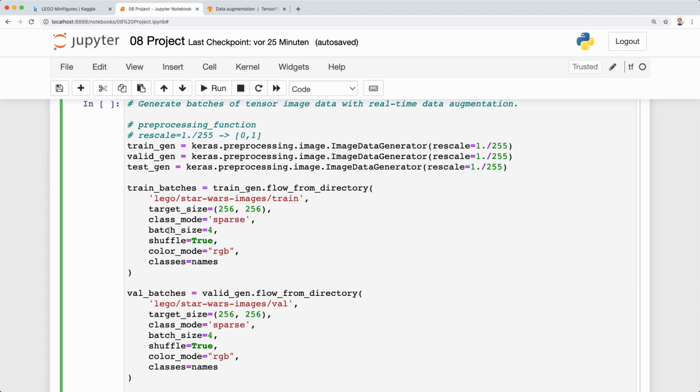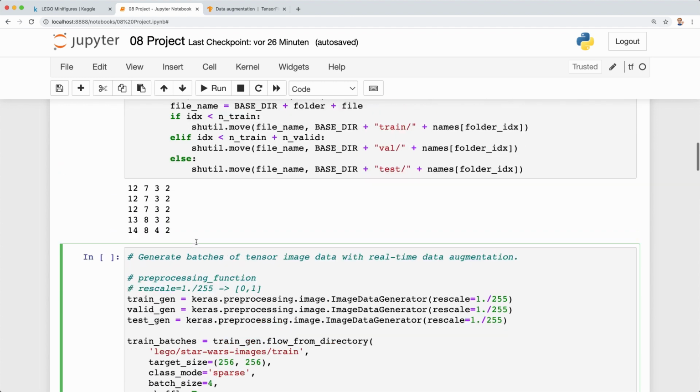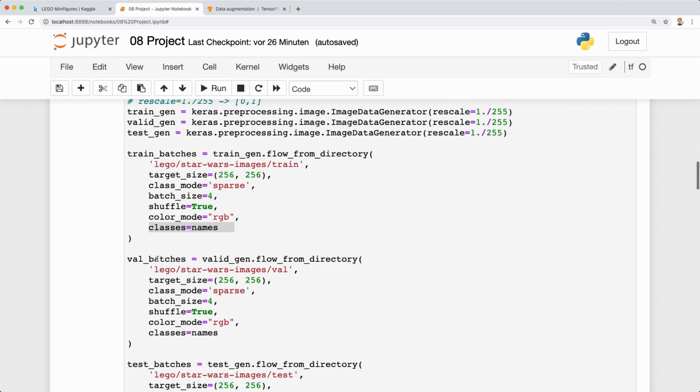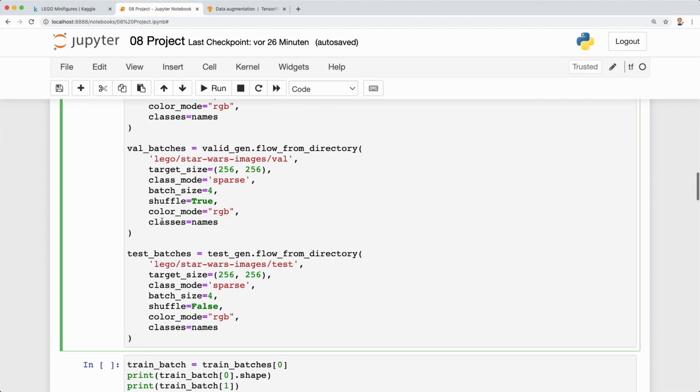Then you can use the batch size. Then for our training images, we say shuffle equals true. Then we specify that we have RGB images. So again, you can check out the arguments in the documentation, and then we specify the class names that I hard-coded up here, and then we do the same thing for the validation and test